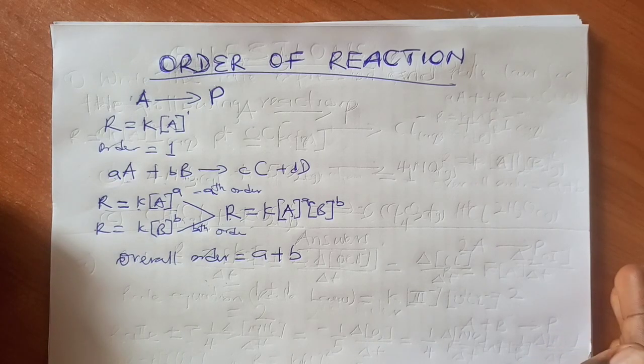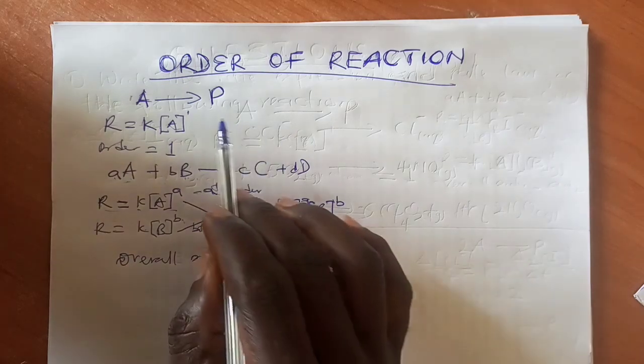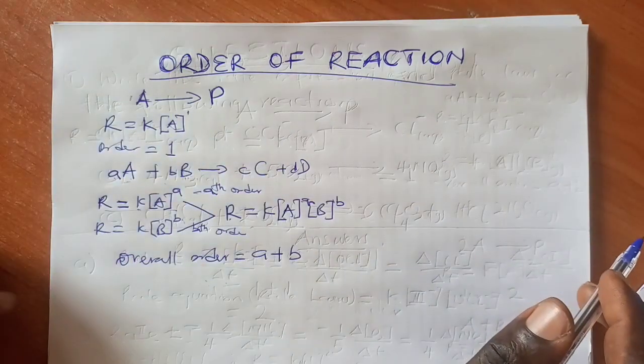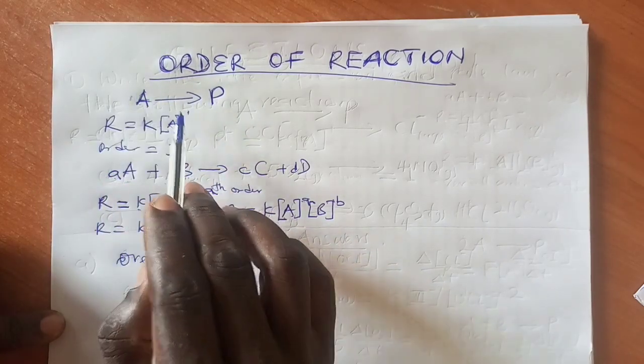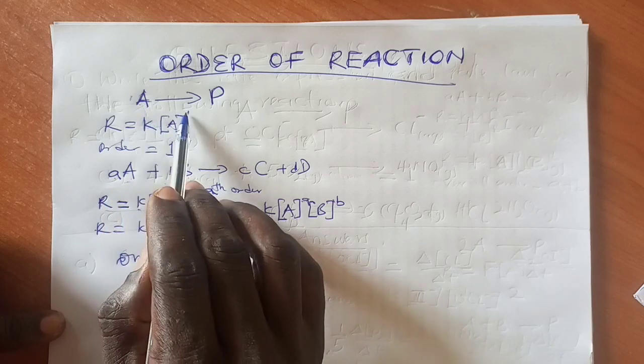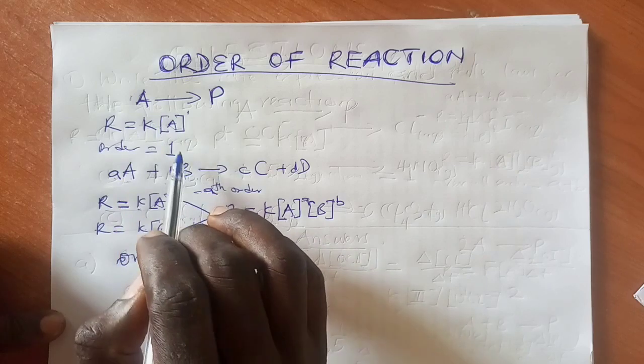Of course, we have types of order of reaction: we have zero order reaction, first order reaction, second order reaction, third order reaction, and depending on what you have, you can have a fourth order as the case may be. The first order reaction is such that the product depends on the concentration of the reactant. As you can see here, this is a first order reaction because the product depends on the concentration of the reactant. The power to which the concentration is raised is 1. Because of that, it is a first order